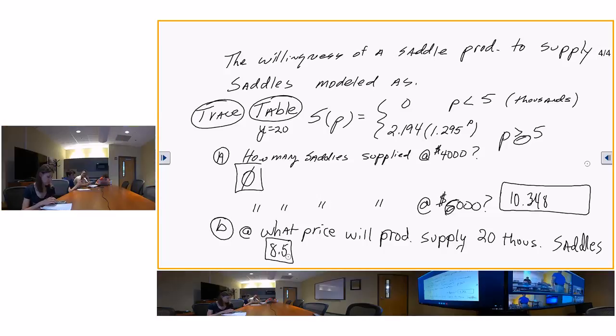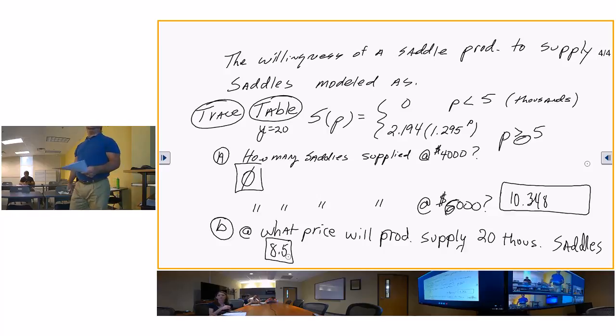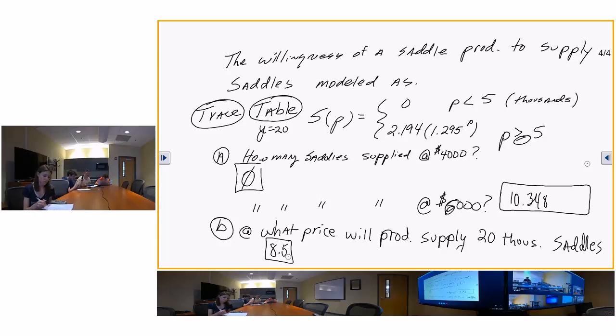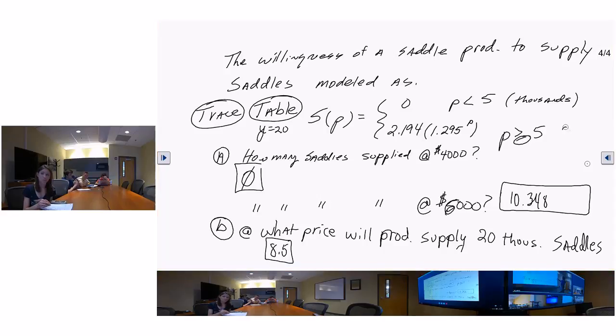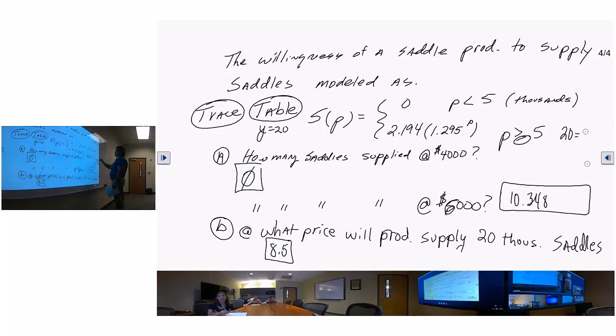I got 8.5. Okay, well, did you plug it in algebraically and take the natural log of both sides, or what did you do? No, I just took the 2.194 equation and then just plugged in, since $6,000 provided 10,000. Well, you could have solved from there. You could have gone 20 is equal to 2.194,